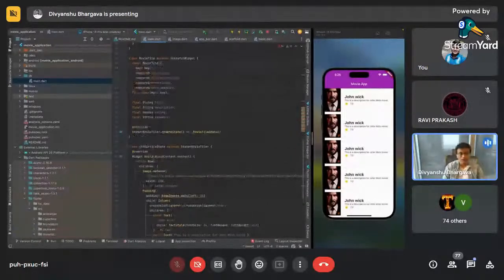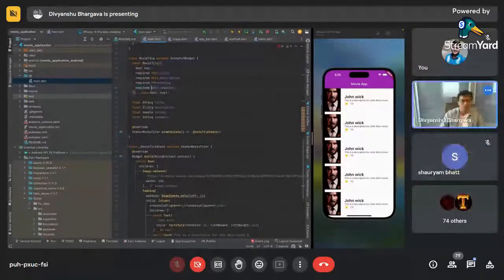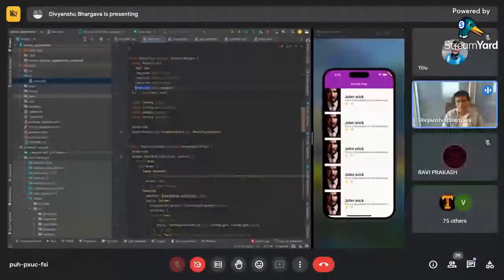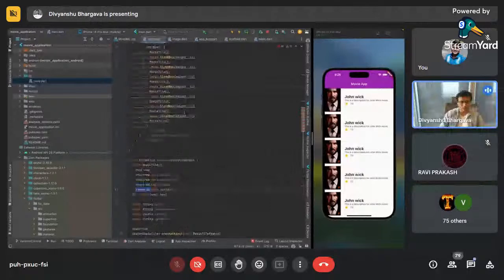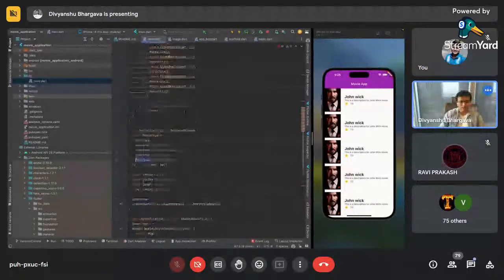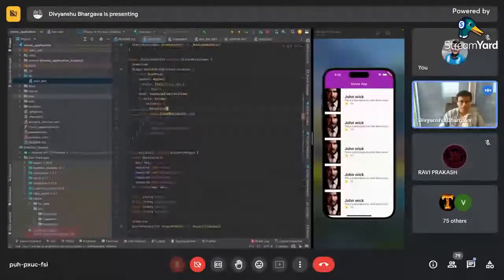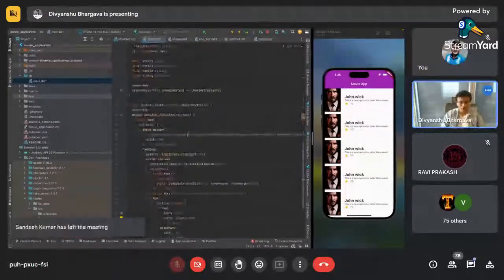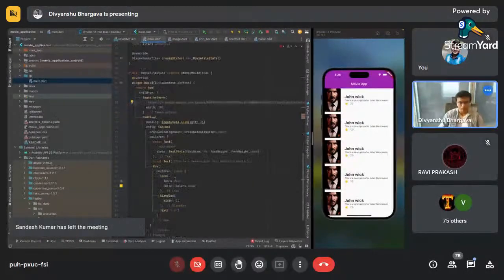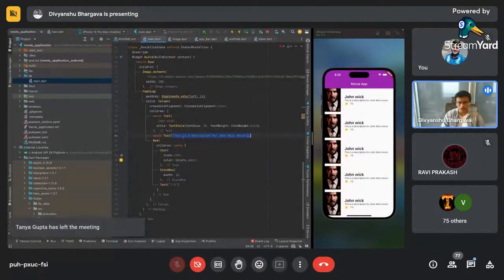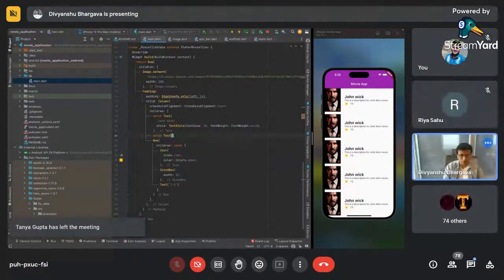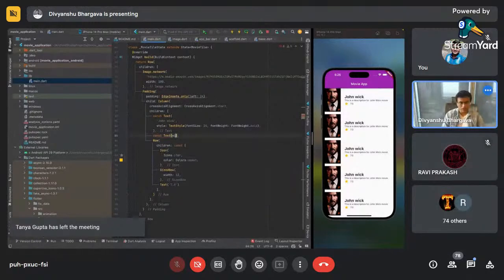So the difference between required and not is that if you add required, you need to pass it in the constructor, and if not, then it's optional. For now, let's keep it required. And let's remove all these. We are now removing all these hard-coded data from our class. So what we can do is widget